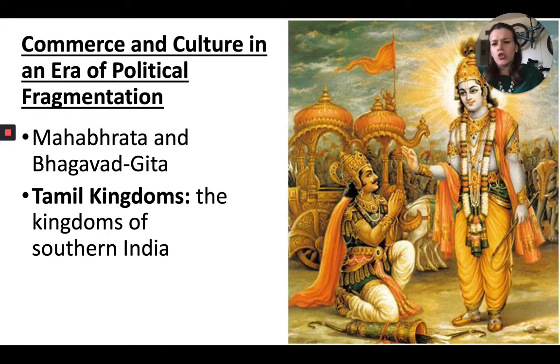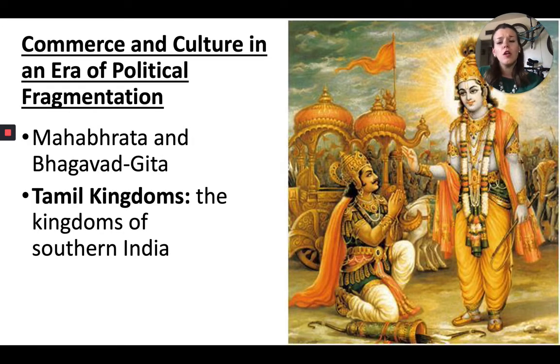So, commerce and culture. Well, we see that after Ashoka, the Mauryan Empire is not really going to retain its power and influence. It will decline, and after it falls, we don't really see any one power dominating India for like 500 years. So the infrastructure established by the Mauryan Empire will continue to allow commerce to flourish within the subcontinent. India will do trade with China, Southeast Asia, the Middle East, East Africa, and the Mediterranean through land and sea